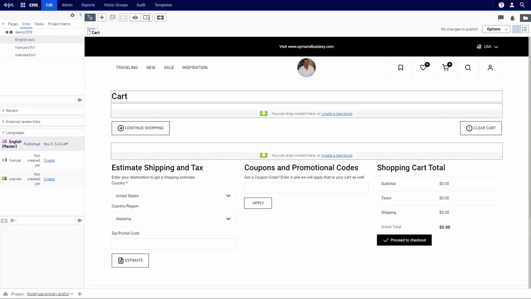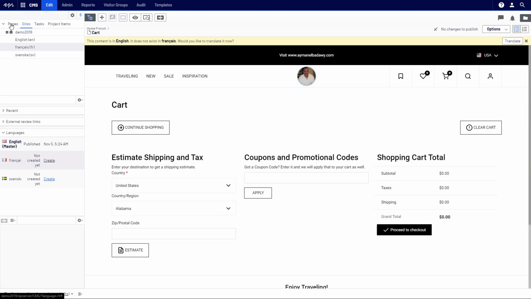Now the last step is to create the pages in the target language. So first of all we need first to go to sites, then we need to change the language to French, then we need to return back to the pages tab and select for example cart, which is one of the pages here not translated yet.